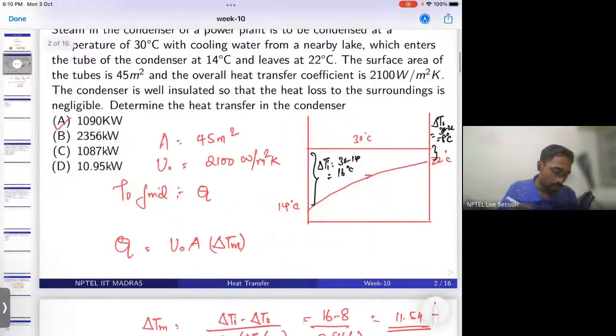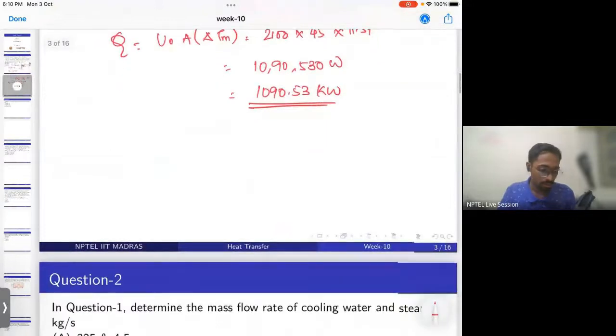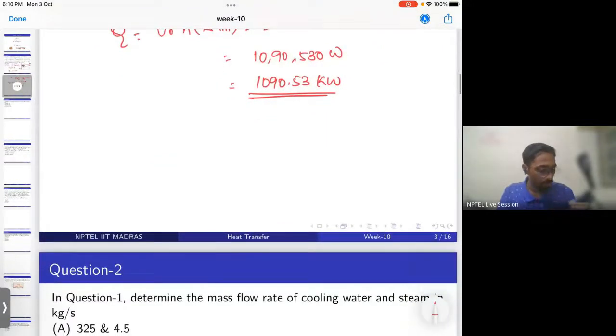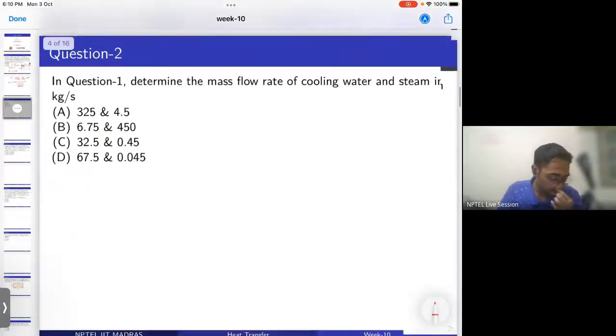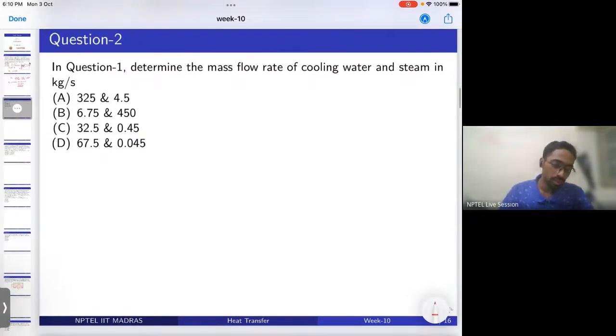So the answer is A. Okay, so let's move on to the next question. That is question one. We have to determine the mass flow rate of the cooling water and steam. Also simple. Well, we already got what is Q, that is